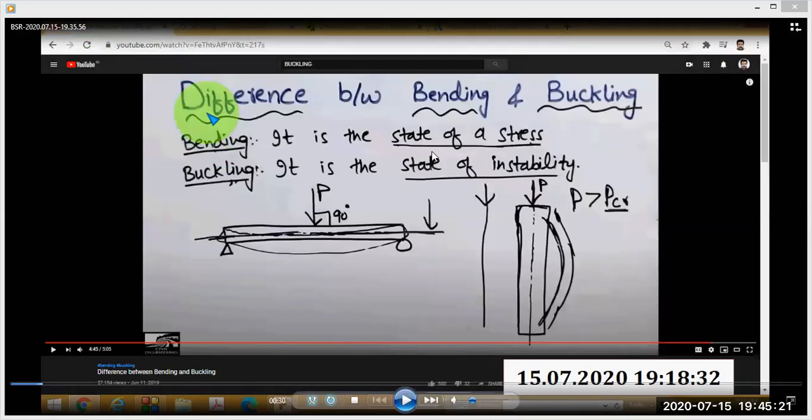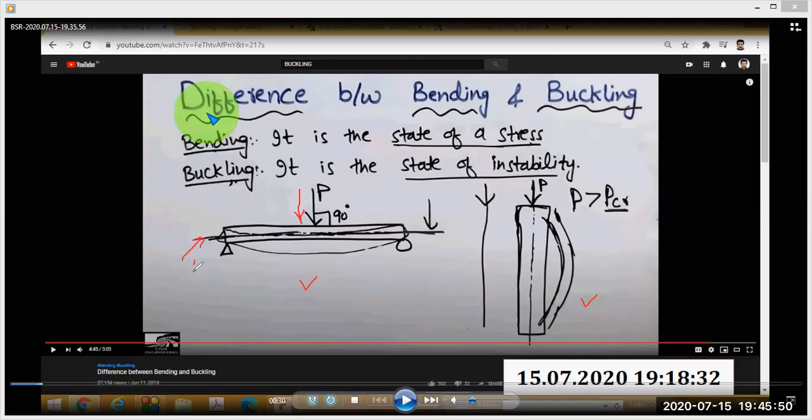I will explain what is actually the difference between bending and buckling. So here you can see two figures. The first figure is actually bending and the second figure is called buckling. In the first figure you can see a load P is applied perpendicular to the axis.